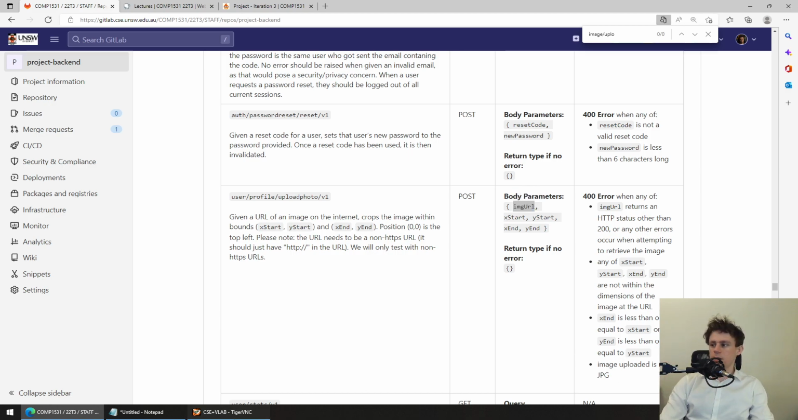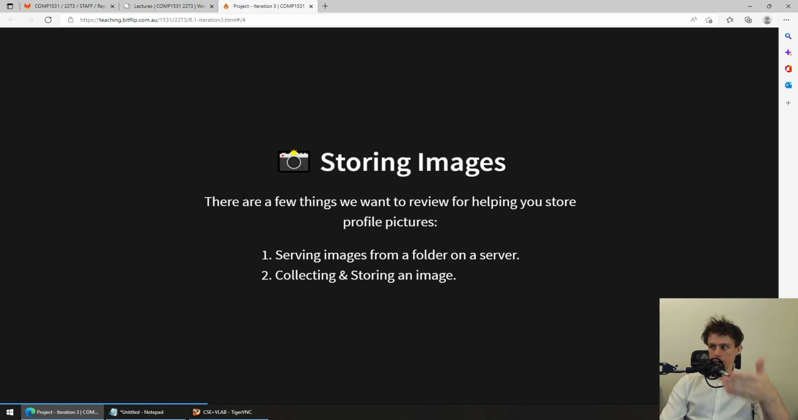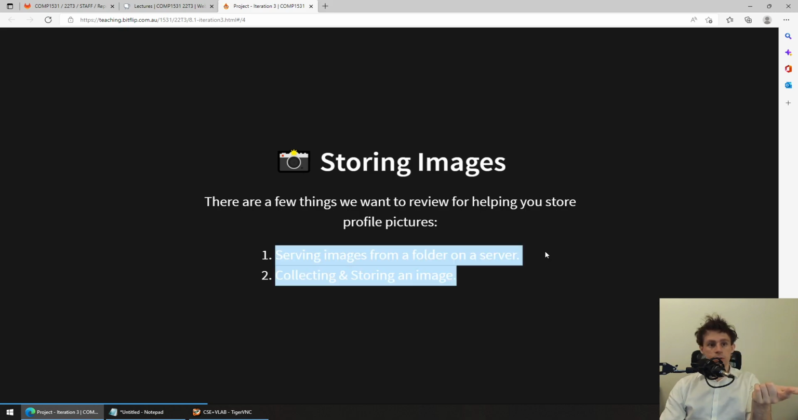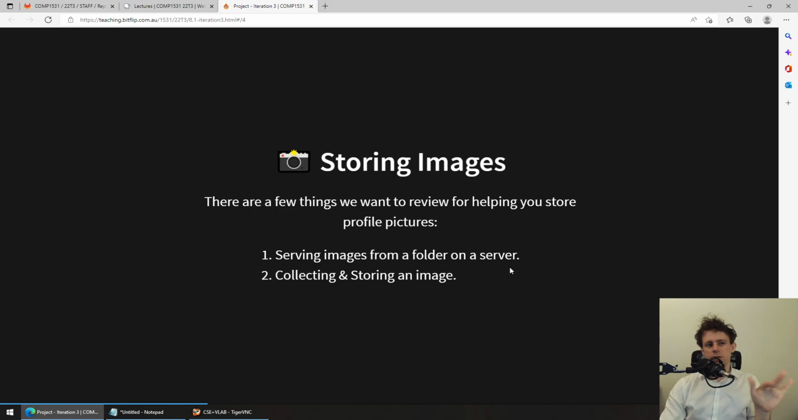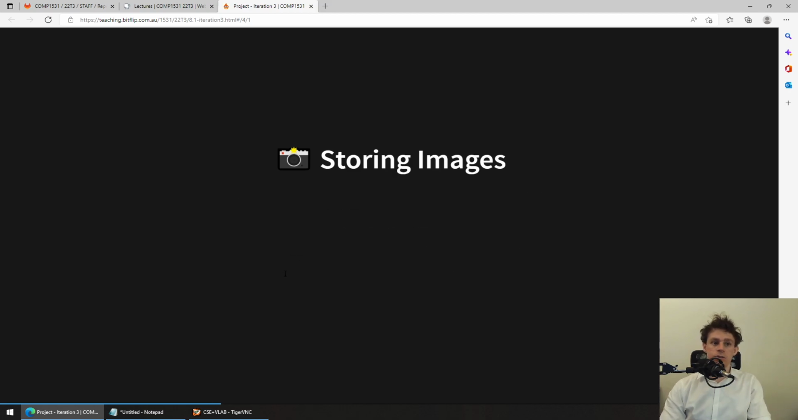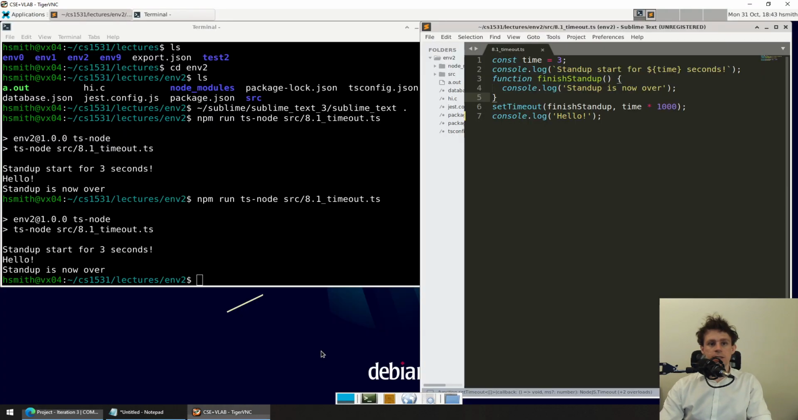And I'm just going to show you a couple of quick libraries of how to deal with that. So the first one, and they're broken up like this, right? We're going to help you serve an image from a folder on the server. And so I'm going to kind of do this backwards. And then we're going to show you how to collect and store an image. The first thing is that if you have